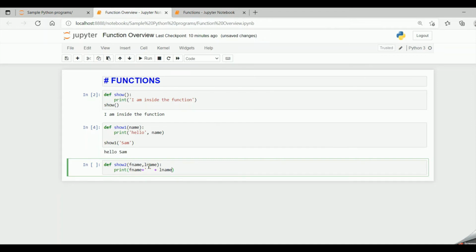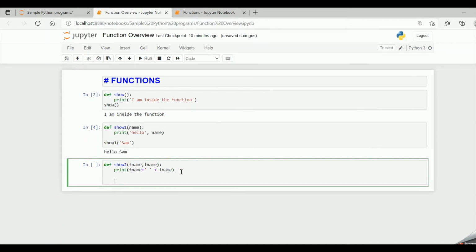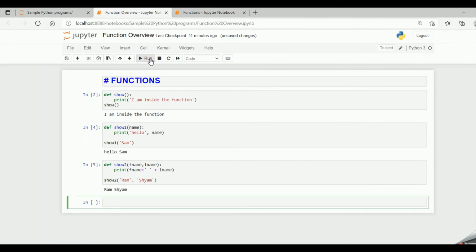Now my function has two parameters, so in the call statement I also have to pass two parameters. So I say show2, that is the function name, and I pass two values, Ram comma Shyam. Now when I run the program, I get the output Ram space and then Shyam. So here we are passing two parameters to the function and the function is not returning any value.